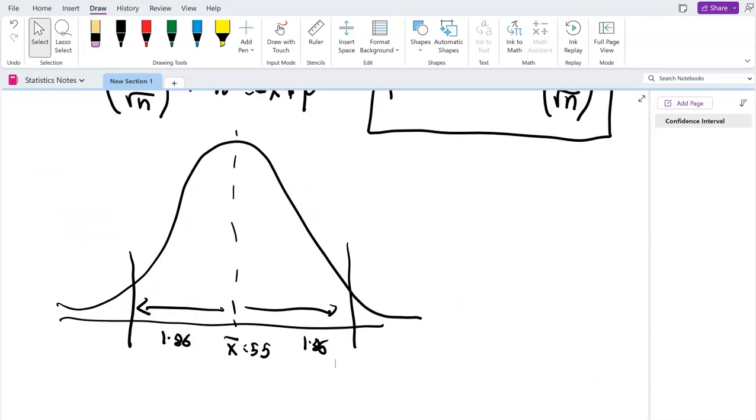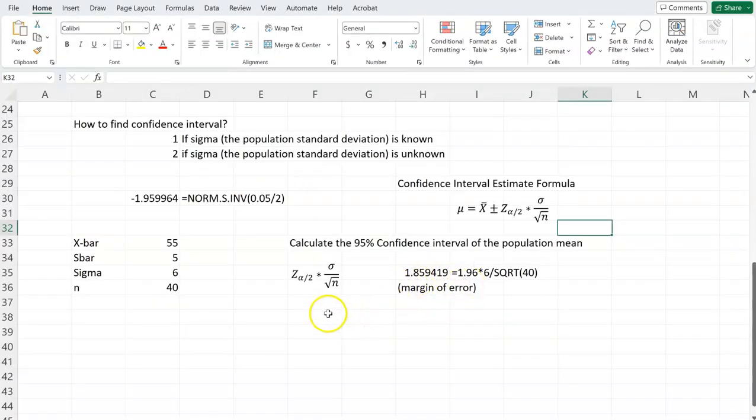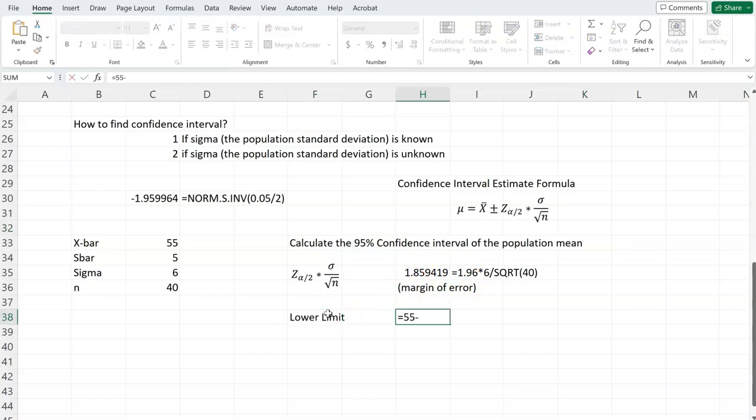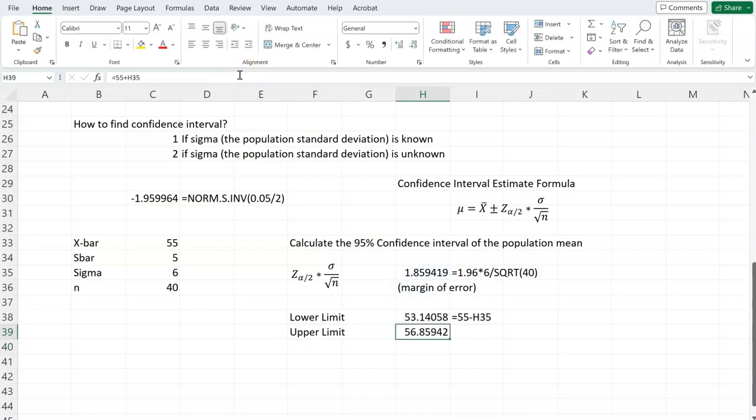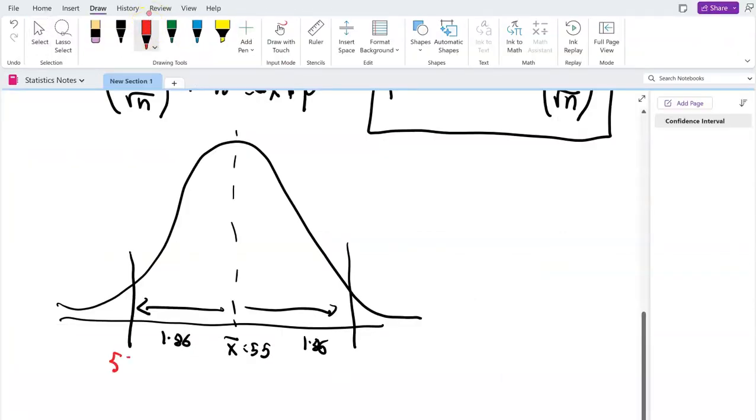So basically, if I need to find those numbers, the lower limit is equal to 55 minus the margin of error, which is 53.14, and the upper limit is 55 plus the margin of error, which is 56.85. So the lower limit will be 53.14, and the upper limit will be 56.86. So I can say if my sample mean is 55, then based on a 95% confidence interval, the